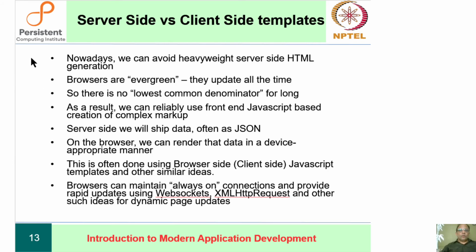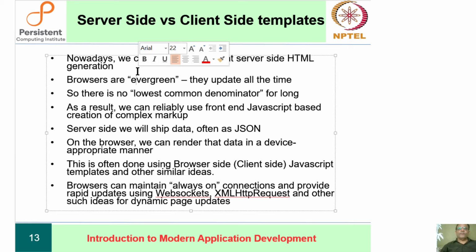So one difference is that while this kind of technology is still in use, and it certainly is in many of the enterprises and banks and things like that, by and large for most of the sleek consumer sites, you avoid heavyweight HTML server generation.